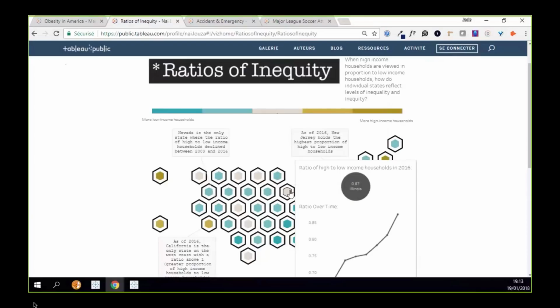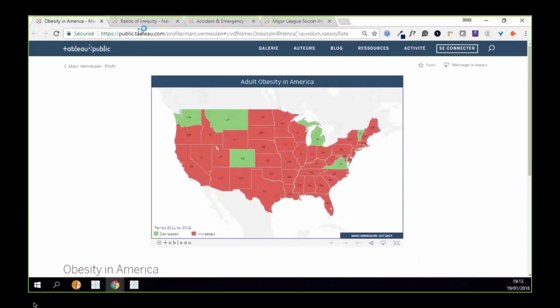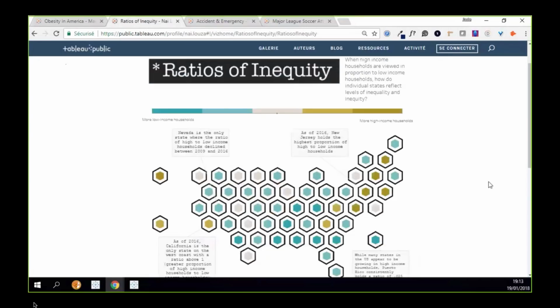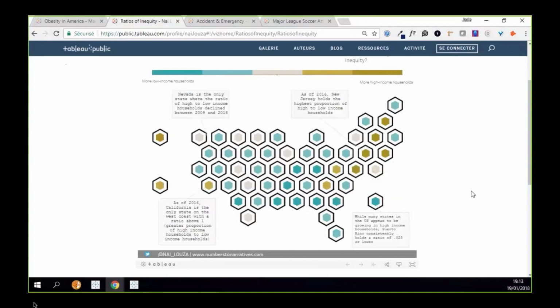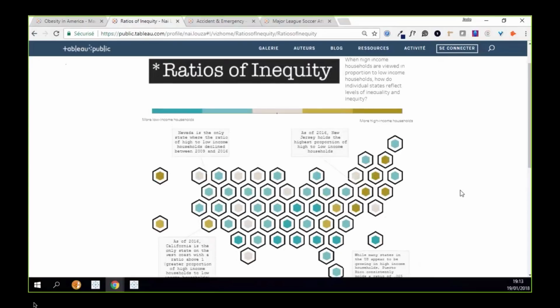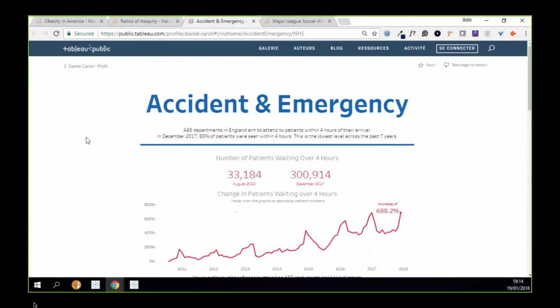So similar to Mark Vermeulen's example, just more evolved in terms of the design. She spent more time on it, and she wanted a more polished result. And then another example, this time not a map with a